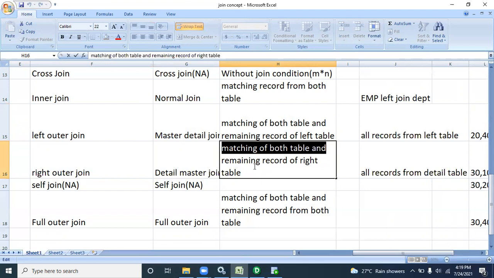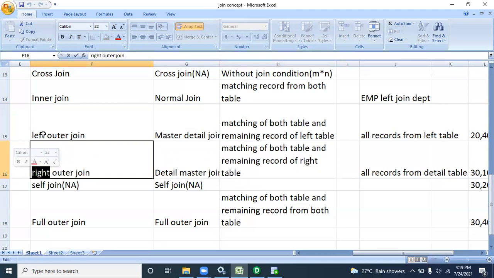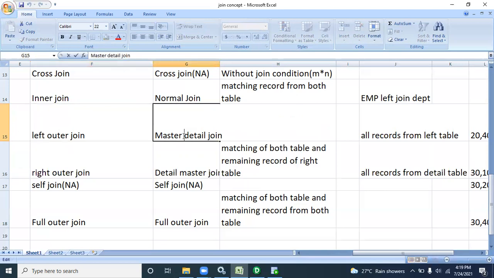But here in detail master join, it is matching records from both tables and the remaining records from the master table, not detail. In right outer join the right keyword and left keyword are there, so the remaining records come from the left and right table. But here first master will come, then detail will come.